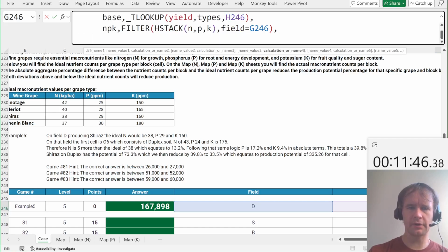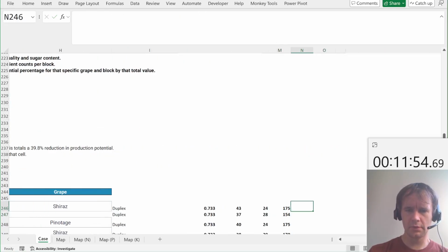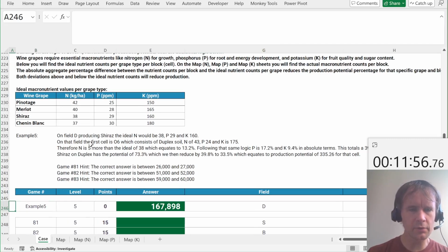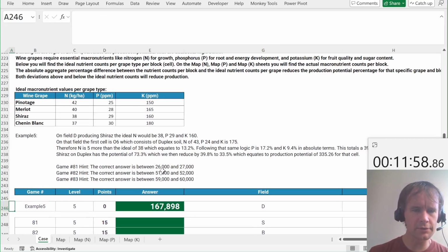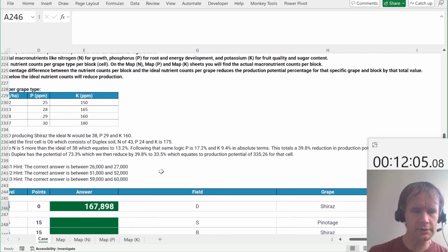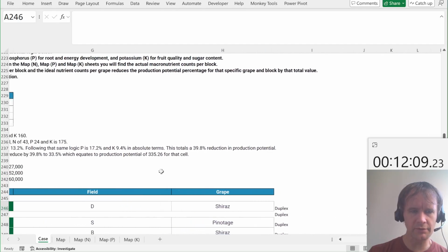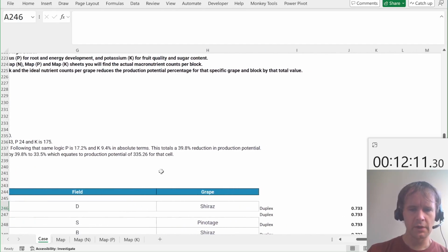And then for a second, let's just hstack types base NPK. Okay, so is there one on field D producing Shiraz? The ideal N would be 30. On the field in the first cell is 06. Consists of duplex soil, 43, 24, 175. Good, that's the example I wanted to work through. All right, so